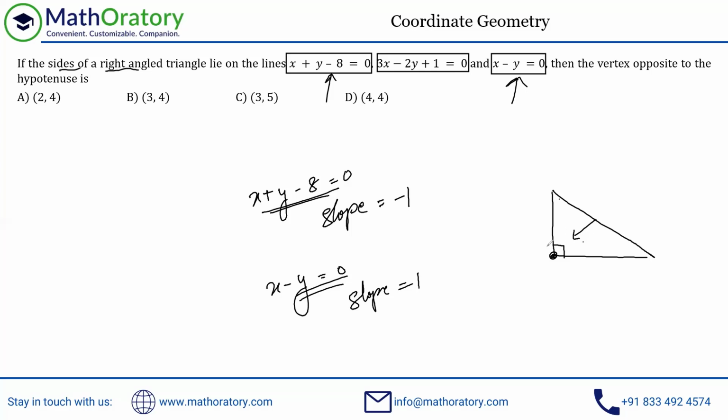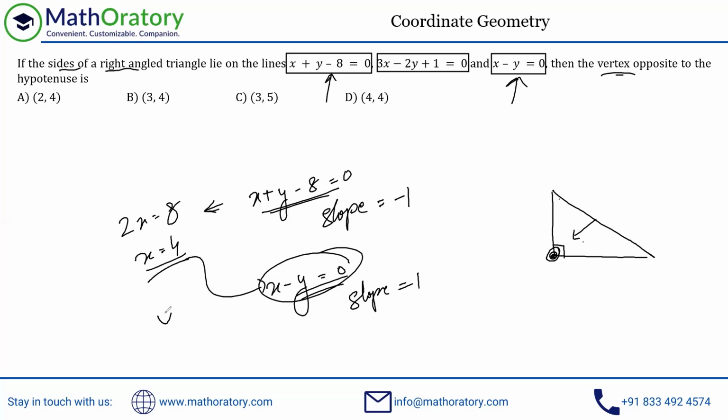So once you identify that these two lines are perpendicular to each other, the point with the 90-degree angle, the vertex we are looking for, will be the solution of these two equations, right? That is the meeting point of these two lines. Here you know that x is equal to y. So just substitute that either way. If you put x instead of y, you'll have 2x is equal to 8, or x equal to 4. And once you use it here, you get y is equal to 4, right? Or you can use it there as well. So the point is (4,4).